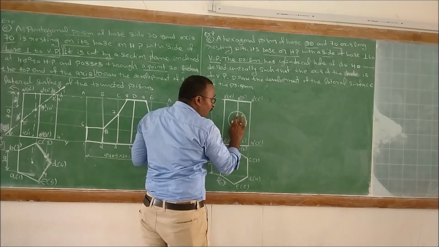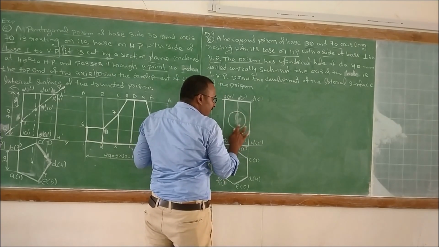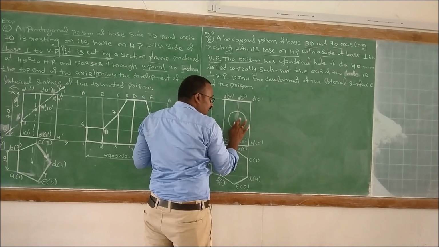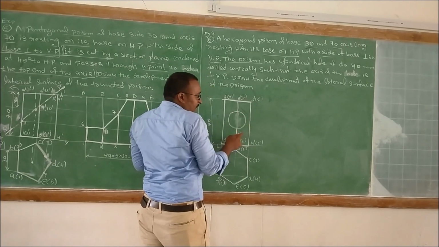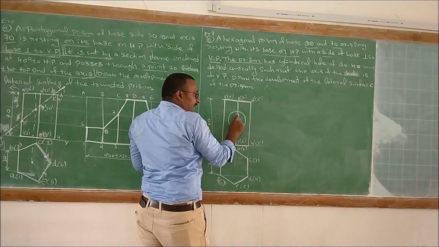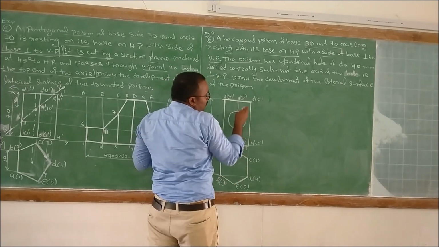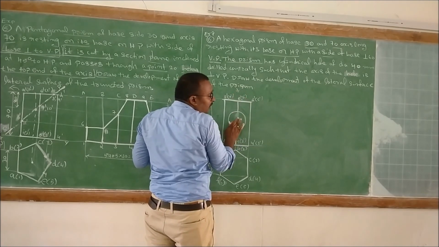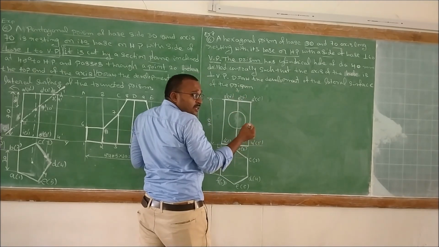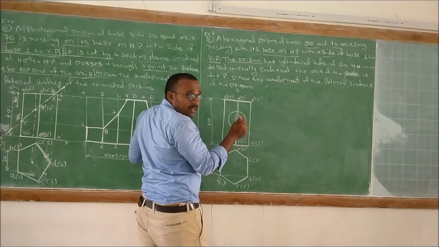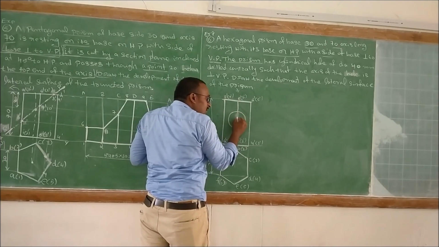Because it is a central hole, here we don't have any matter. So here this is the solid, and we are going to provide a hole exactly at the center. When we see from the top view, the hole will not be visible. When we see from the front view only, the hole will be visible.